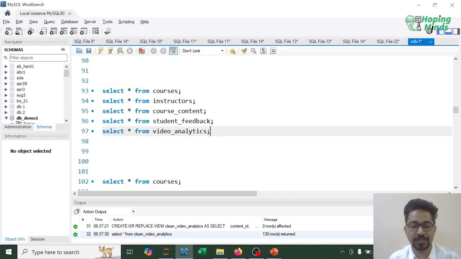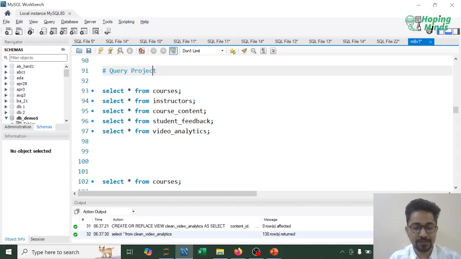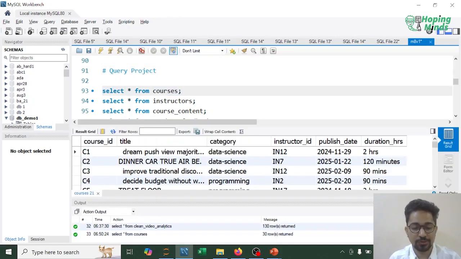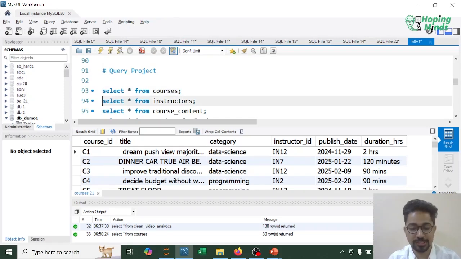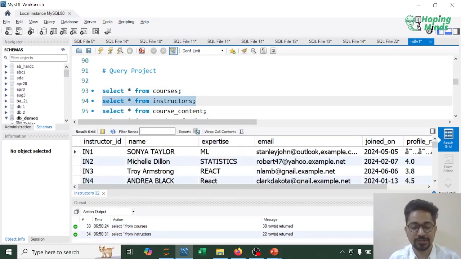So guys, over here we are in the SQL workbench. The 5 tables that we had for the query project were, this is our query project, right? The first table is the courses table, where I'm having these columns: course ID, title, category, instructor ID, published date, and then the duration in hours. Next we have the instructors, where we have the instructor ID, the instructor name, the expertise, the email, the joined on, and the